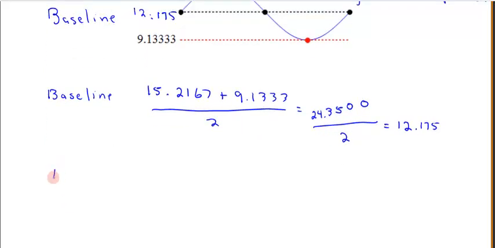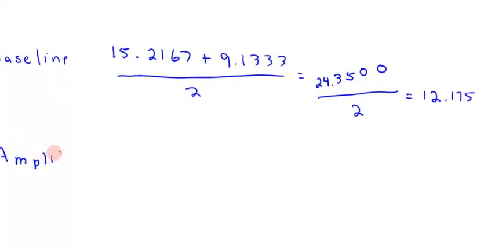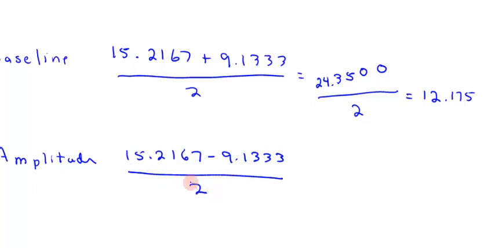So our amplitude will be this: 15.2167 minus 9.1333 divided by 2. 7 minus 3 is 4, 6 minus 3 is 3, okay, 11